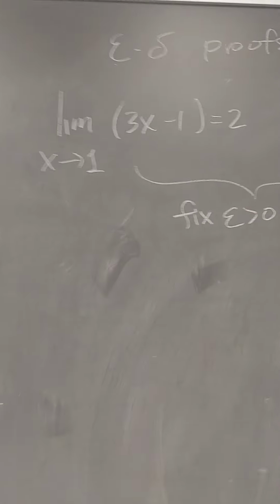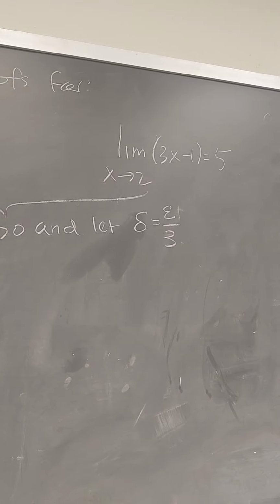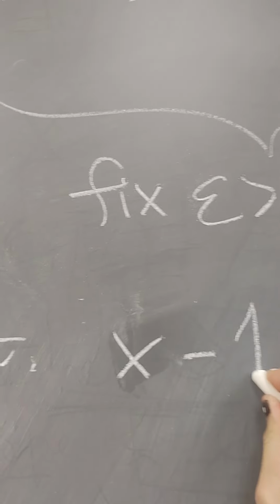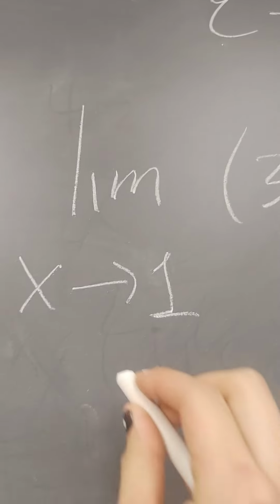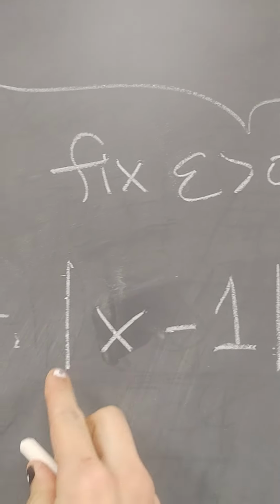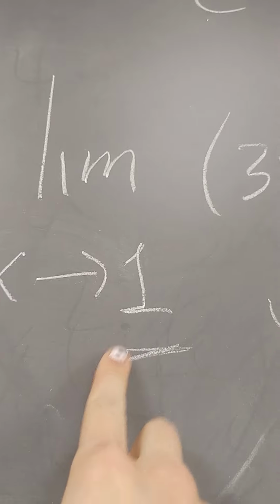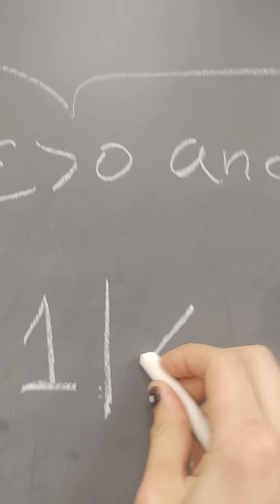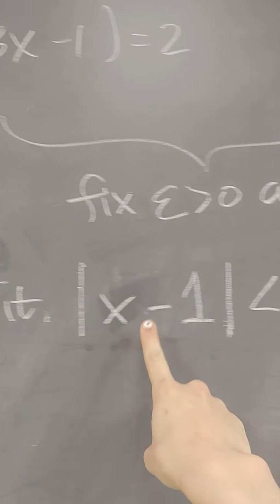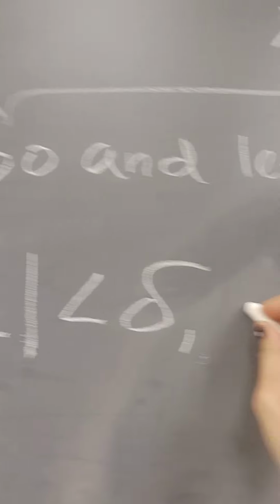So to start out this proof, we are going to write down the hypothesis. For all x such that |x - 1|, so this 1 comes from the limit right here, the distance between x and 1, the thing we're limiting to, is less than delta. So if the distance between x and 1 is less than delta, then